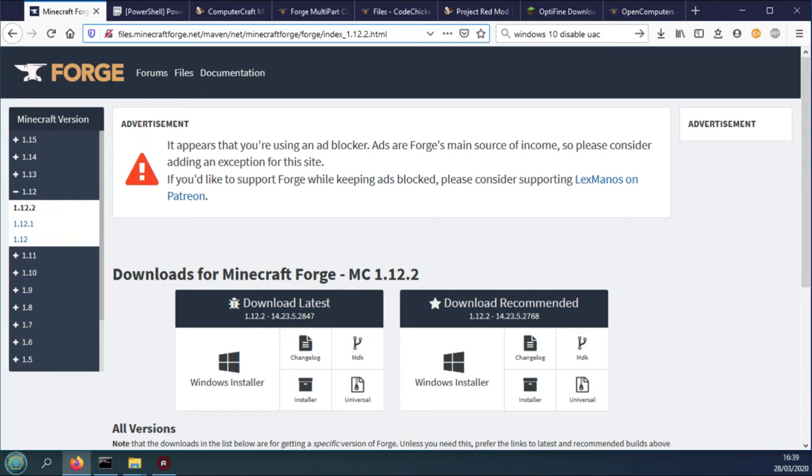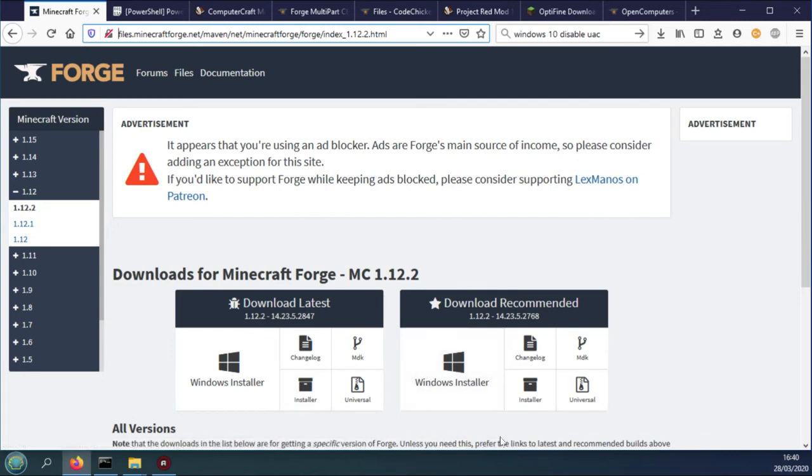Right, so this is part 2 of setting up Minecraft as a portable app, and last video we got to having a standalone application which ran perfectly well, but of course that was vanilla Minecraft. So we're now going to add the Forge framework, which will allow us to add mods to run whatever you choose. So this is the link to get to Forge, and the version we want of course is 1.12.2, and